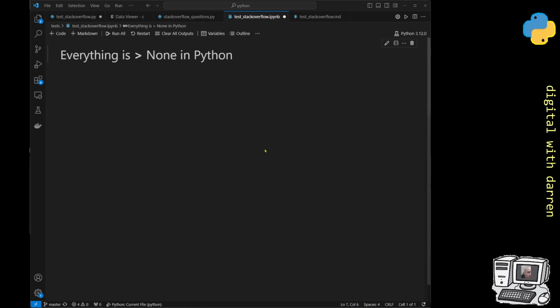So this is a piece of code that I saw on Stack Overflow, or at least a question that I saw on Stack Overflow, and the statement was that everything is greater than None in Python. And I'm going to open up a block of code so that we can see what this means. But basically, at least in Python 2,